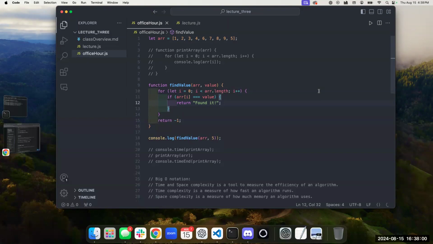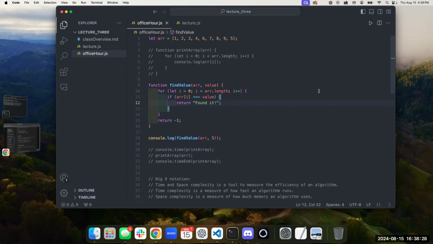Well, yeah, how fast it runs, but can you tell me, right? We just talked about 3 different options of what it could be. What is it? O of n? My hypothesis is